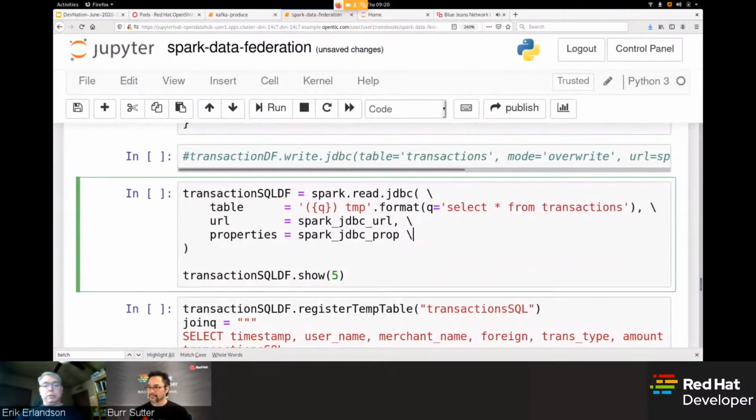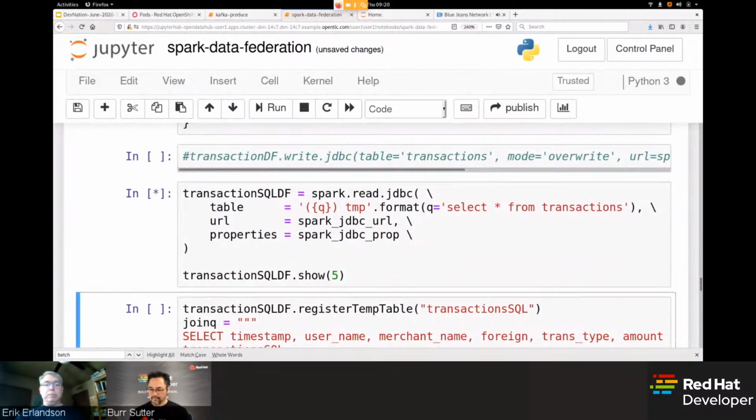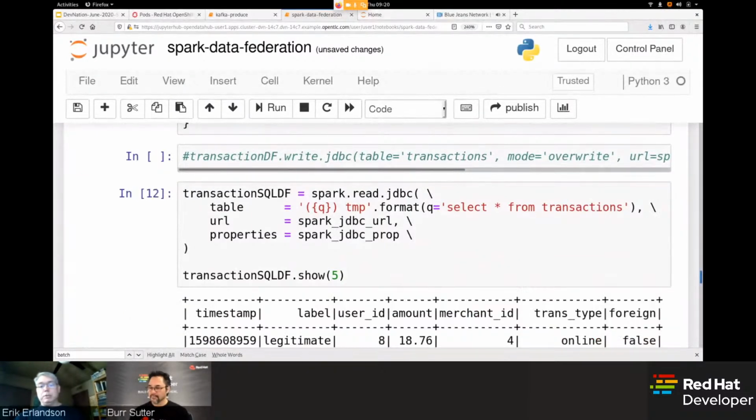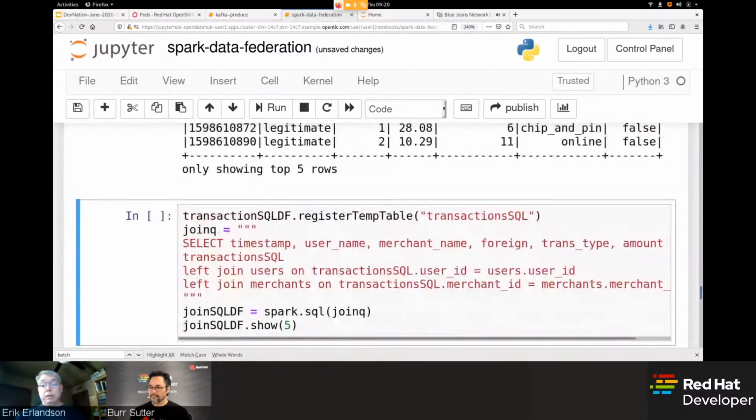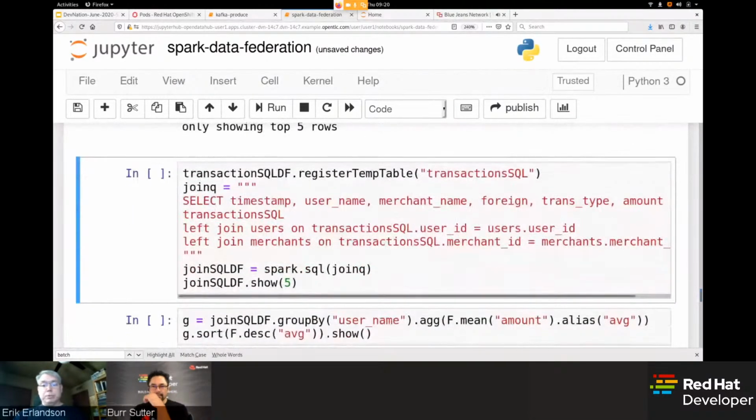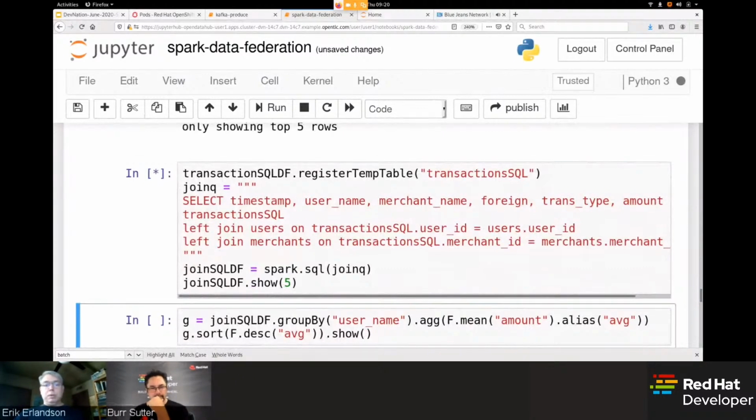So here you can see that I'm just attaching the same data frame interface. In this case, I'm pulling it off of a Postgres database. But you can see it's exactly the same data. And likewise, I can run exactly the same SQL. The only thing I did was change the name of the table to the one that I attached to the SQL database.